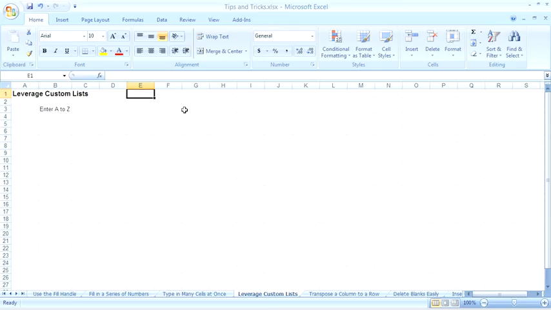Now, what are custom lists in Excel? Well, custom lists are lists that are defined in Excel, so when you type in the first word or text of the list, Excel knows it's part of a list and then fills it in for you. And I'll give you an example. I'll type in the word January